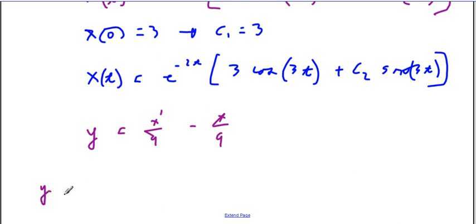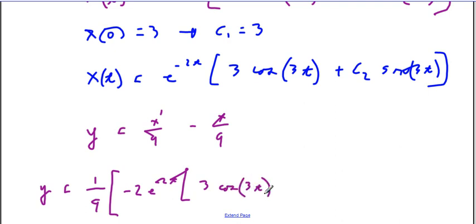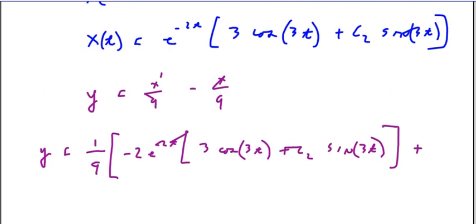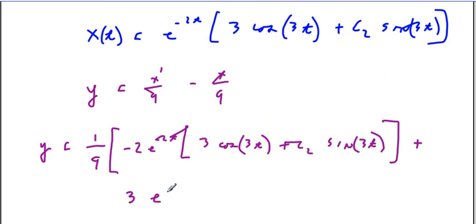Okay, so y is equal to 1 over 9 quantity, the derivative of the x guy: minus 2 e to the minus 2t, 3 cosine 3t plus c2 sine 3t, plus 3 e to the minus 2t, 3 sine 3t,